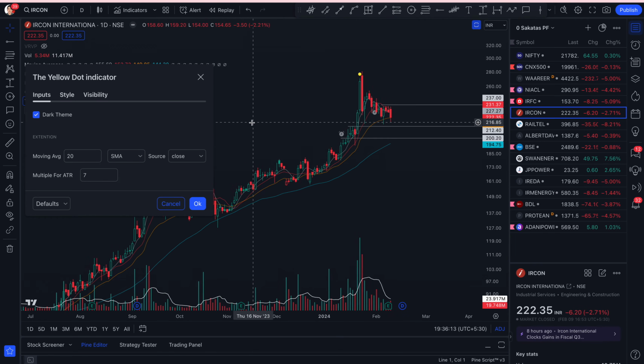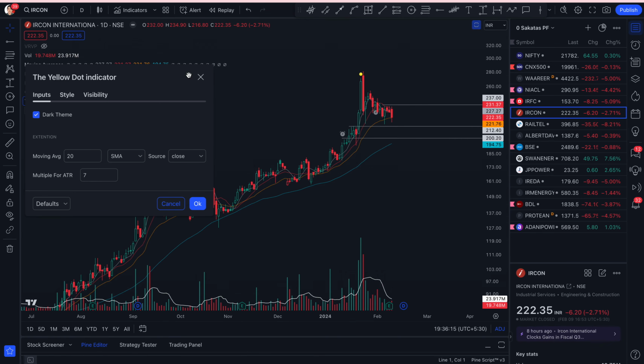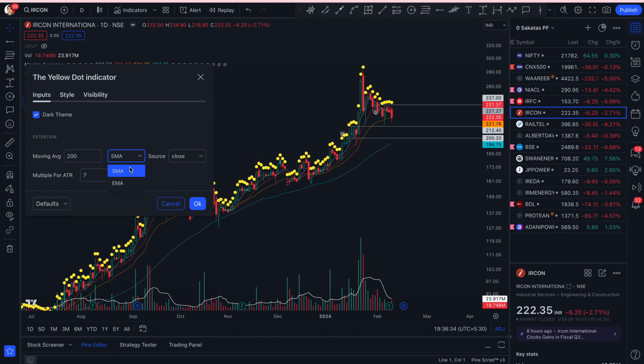For example, for Oliver Kell, overextendedness is 140% above the 200-day EMA, right? So you can basically say 200 EMA, and that would be a different multiple of the stock,